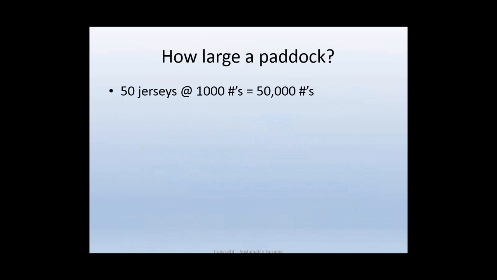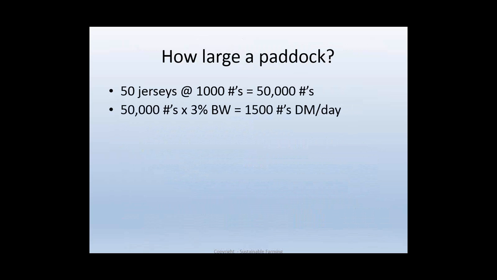But how large of a paddock size? What kind of density do we need? And as well as determining how much forage do we need for those animals in order to meet their requirements. I'm just going to take a very simple example here. We can go back and forth on the numbers as you want. I tried to keep this as simple as possible, but just helping producers and non-producers understand how we can calculate